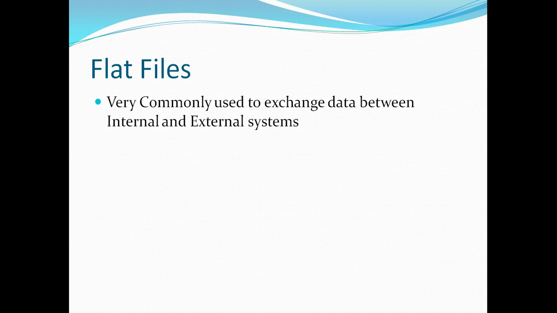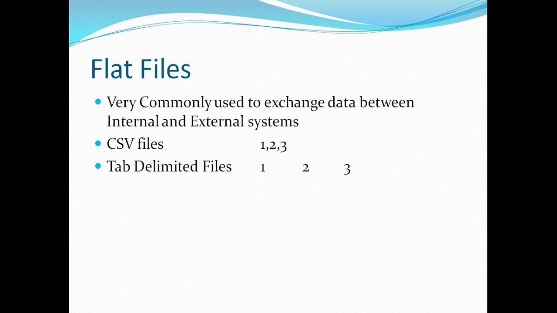Now what are the common types of flat files that are used? The most common type of flat file that you hear of is the comma separated file. In this example, I have a file with 3 columns that have values 1, 2, 3 and they are separated by comma. So a file where the columns are separated by comma is known as a comma separated file. Another file which is commonly used is the tab delimited file. Again here I have 3 columns 1, 2, 3 separated by tab.